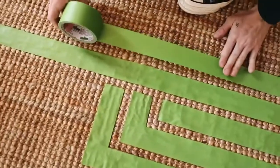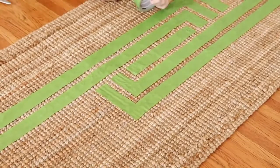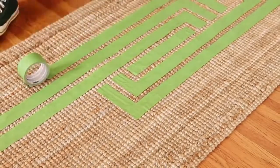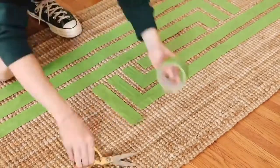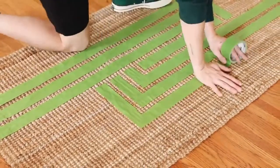Now, some of the knots, because this rug is kind of organic, will require you to space them out kind of freehand, if that makes sense. Not every single double knot is going to be the same width, so just keep that in mind as you're placing down your tape to follow a